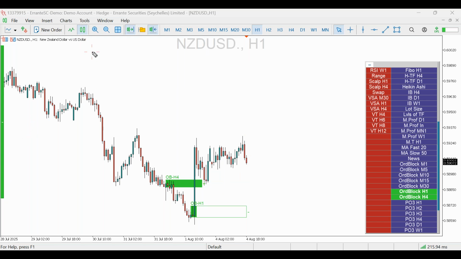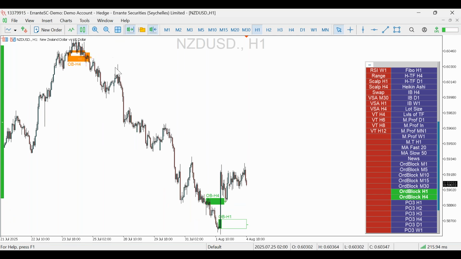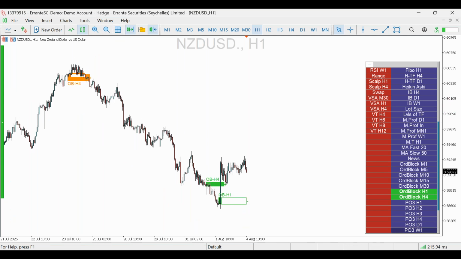And then there is one more thing you need to keep in your mind. There can be multiple order blocks as well, okay. By multiple order blocks I mean a place that has an order block cluster, okay. And by cluster I mean an order block from H1 and H4 at the same place. Like look at this one,